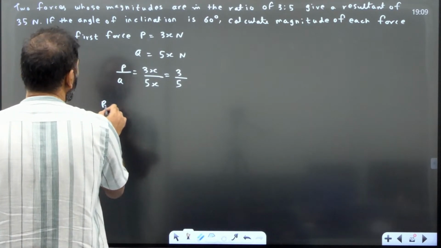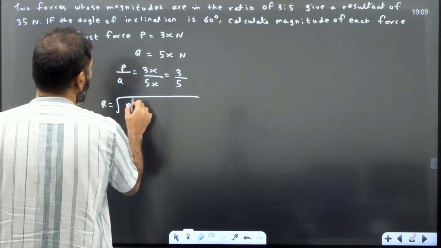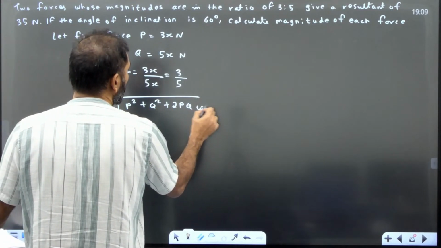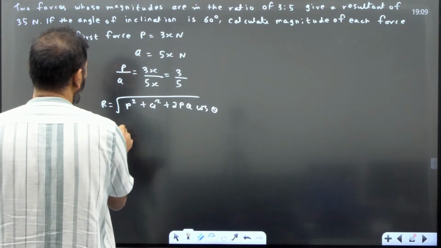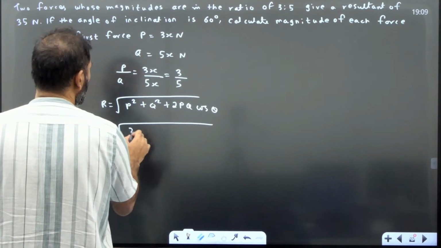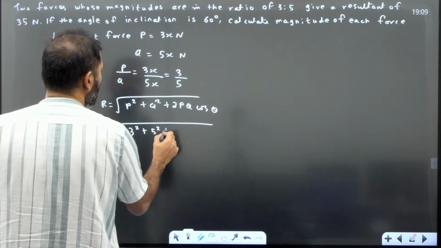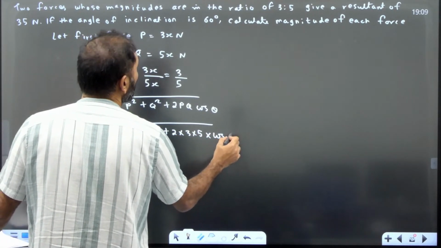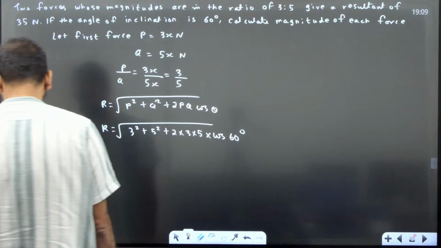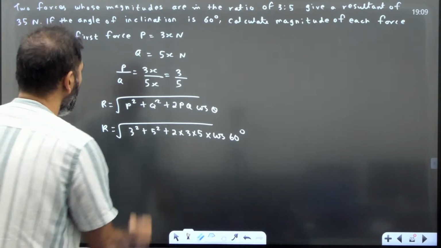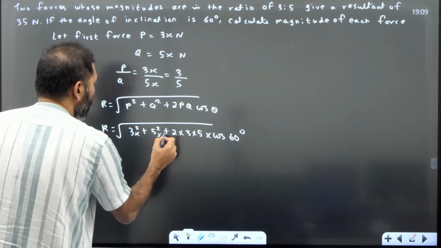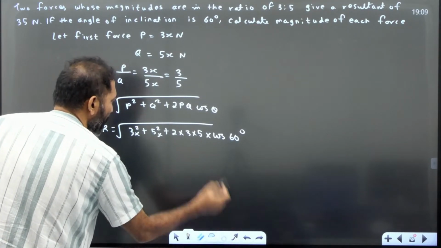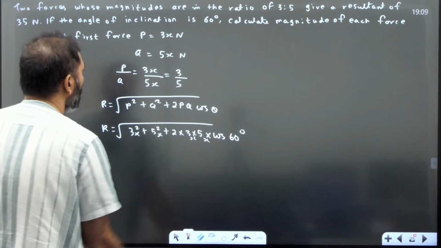R is equal to root of P square plus Q square plus 2PQ cos theta. The angle between them is 60, so with 3x and 5x: